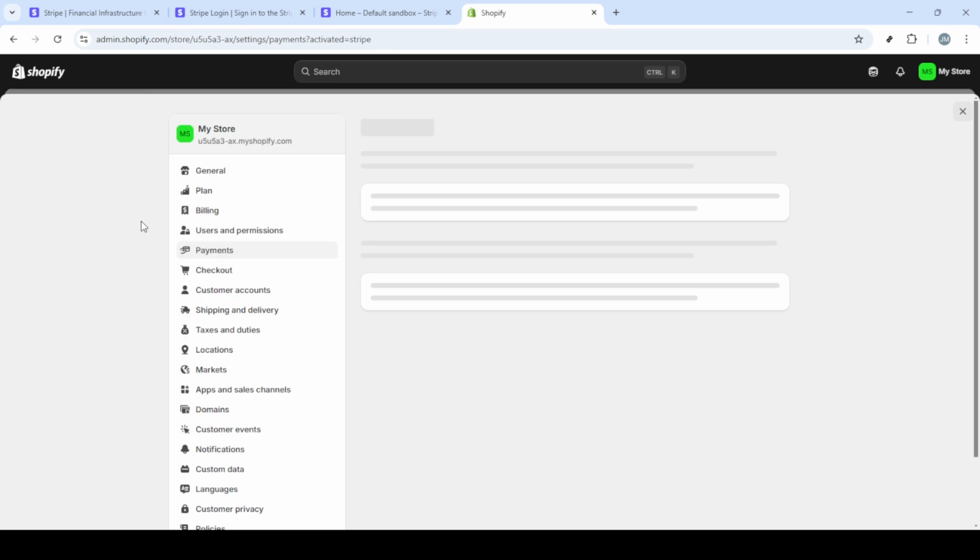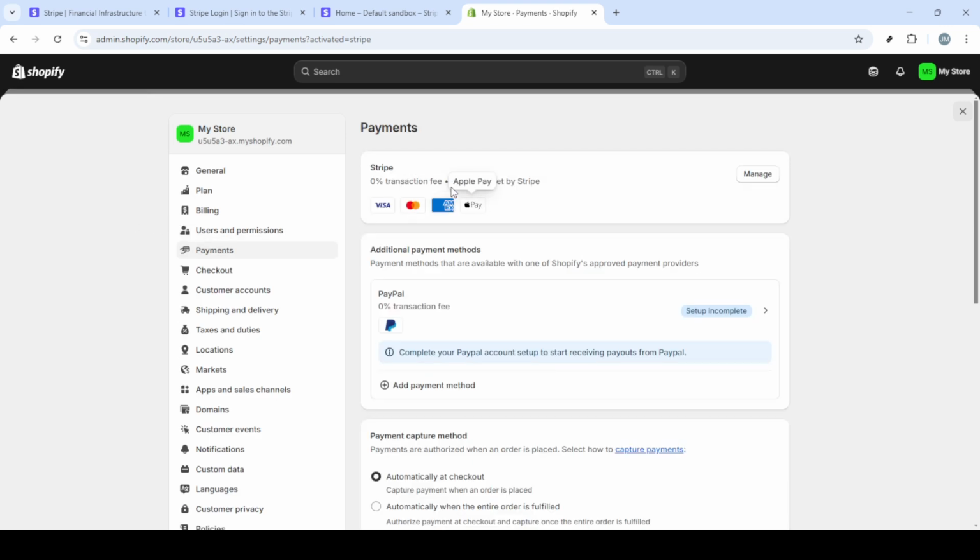This means your Shopify store can now accept payments through Stripe, providing a seamless and secure checkout experience for your customers. And there you have it, a quick and effective way to connect Stripe with your Shopify store in just a few minutes. Remember, having a robust payment system in place is critical